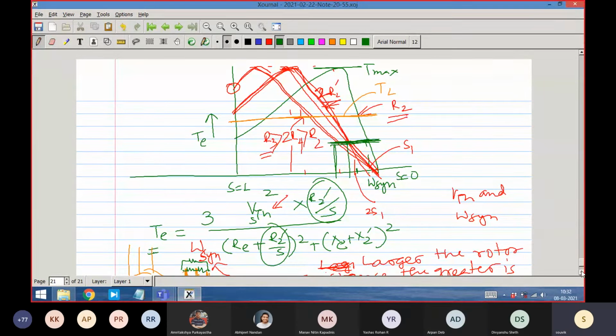Not really, because you see the current is increasing heavily, right? If I increase R2 dash, the starting torque will be increasing, right? Yes, sir. Okay. So the starting torque will be increasing because of the reason that, you see, S is equal to